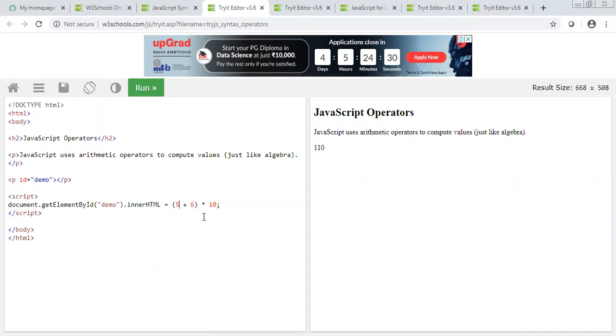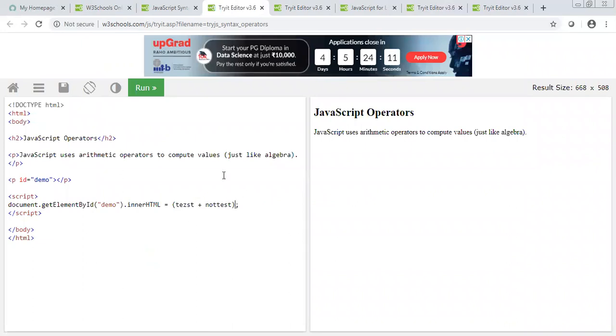Let's say you are doing 5 plus 6, this will do the math operation. But if you do, let's say, test plus, not test, this will give you an error because this is not a number.